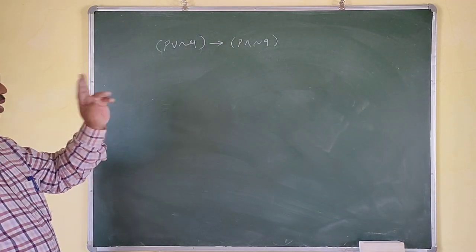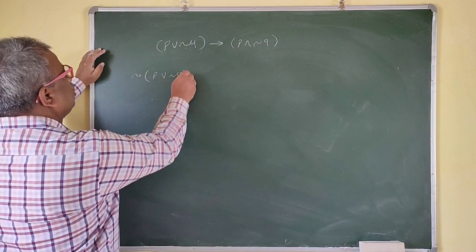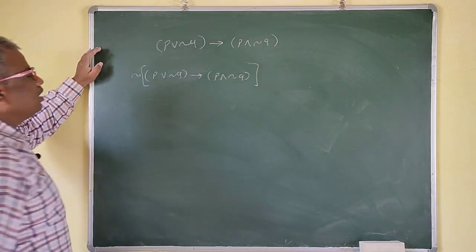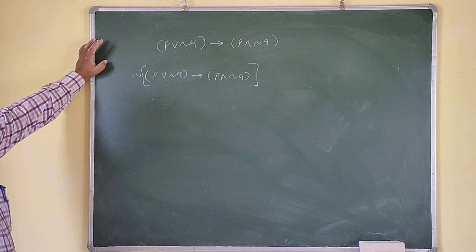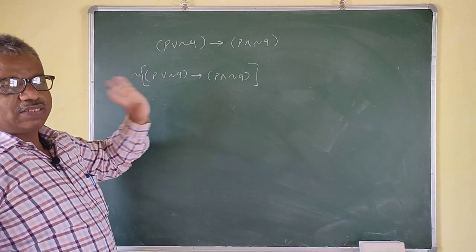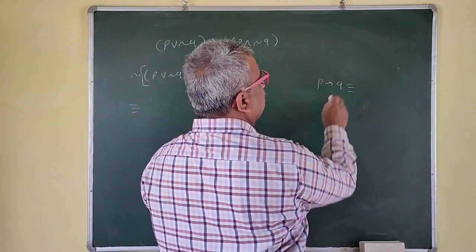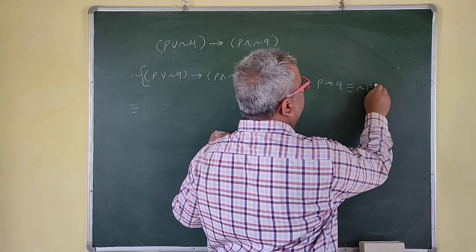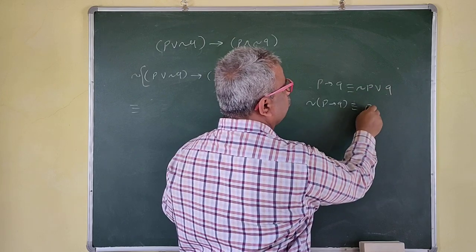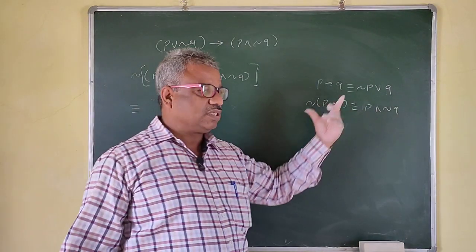We don't want to apply the truth table now. So negation of, P or negation Q implies P and negation Q, right? To do the negation, we should know the rules now. This is logical equality. This is of the form P implies Q. We know that P implies Q is logically equivalent to negation P or Q. So negation of P implies Q is the negation of this one, that means P and negation Q. So directly we can apply the negation of the implication also, right?